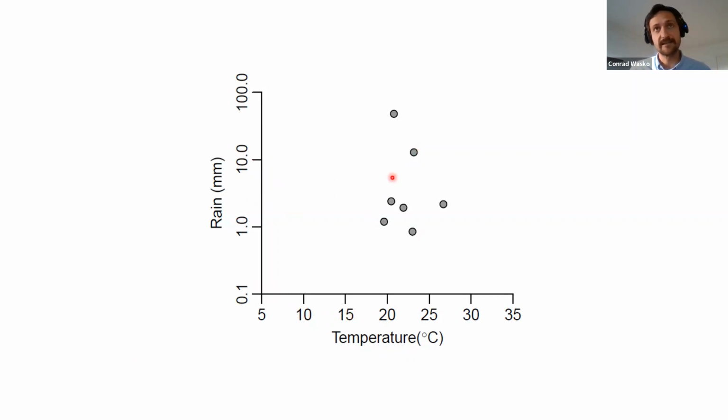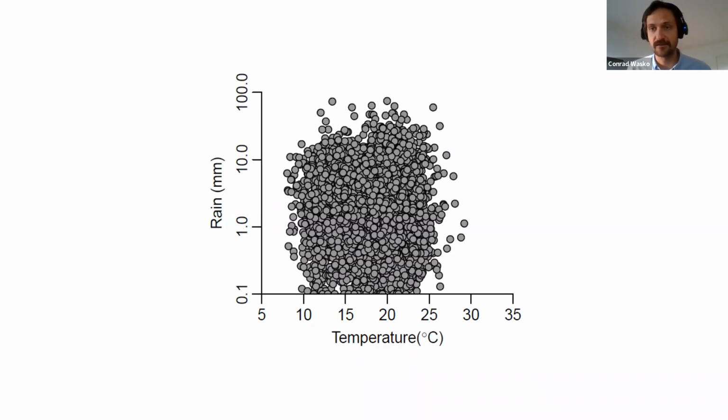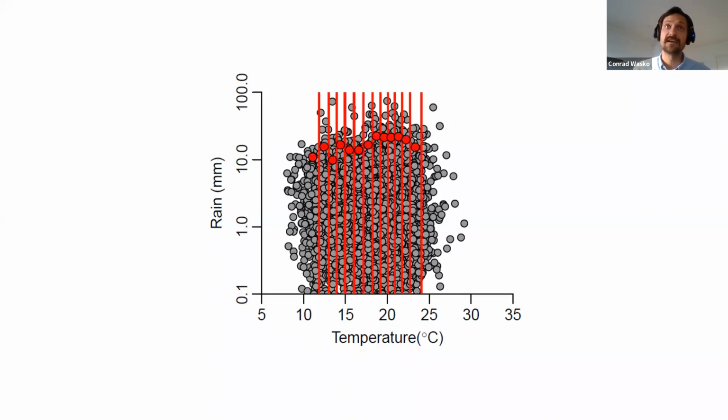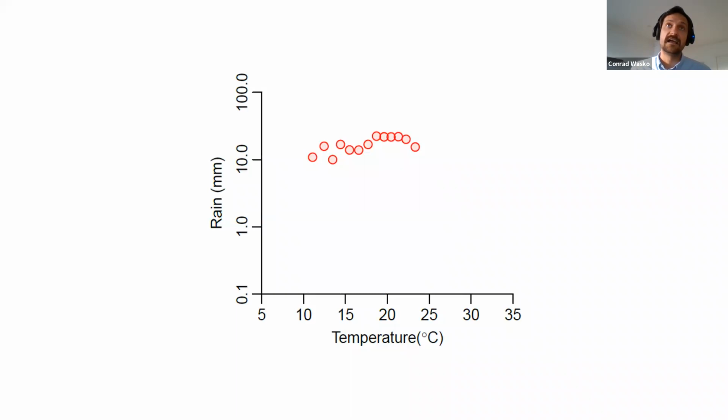It's a logarithmic scale. And if we plot all the data for Sydney, we get a cloud of data like this. And so the first paper that started looking at these temperature rainfall trends, or that made a large impact, was published in about 2008. What the authors did was they binned the data. They found the 99th percentile of the rainfall in each of those temperature bins. And then they fit a curve through that